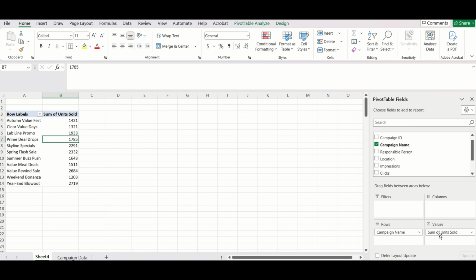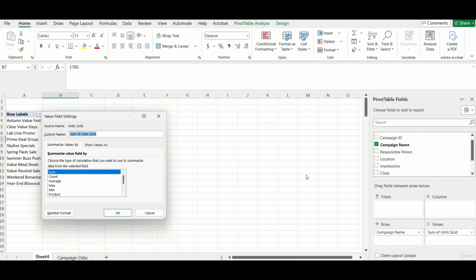You can see by default Excel gives you a sum, but sometimes what you really need is the average value. For that, click on the sum of units sold, go to value field settings and select average. You can also rename the metric to something like average number of units sold, and